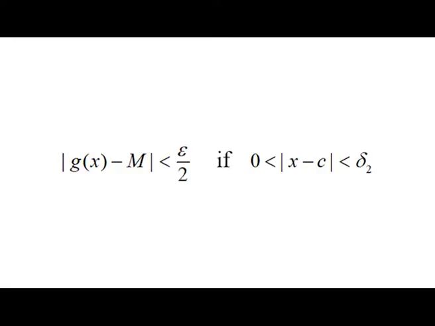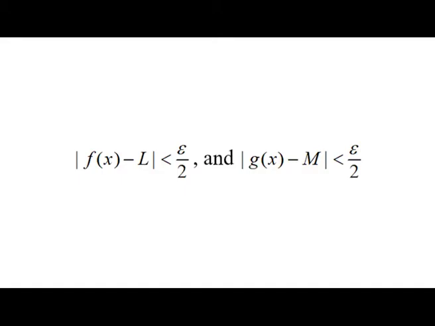Similarly, since the limit of g(x) as x approaches c is M, corresponding to the given epsilon greater than 0, there exists a number delta 2 greater than 0 such that |g(x) − M| < epsilon/2 if 0 < |x − c| < delta 2. Let delta equal the minimum of delta 1 and delta 2,